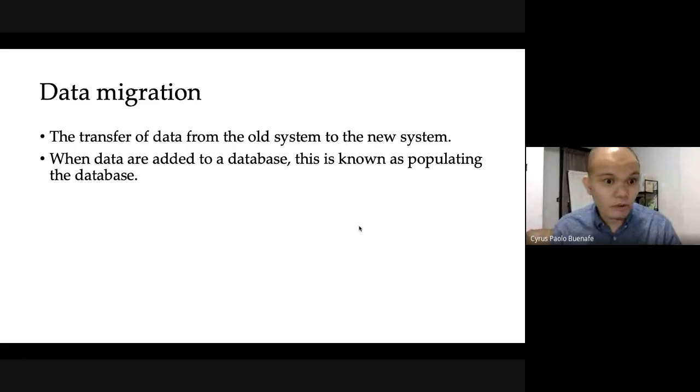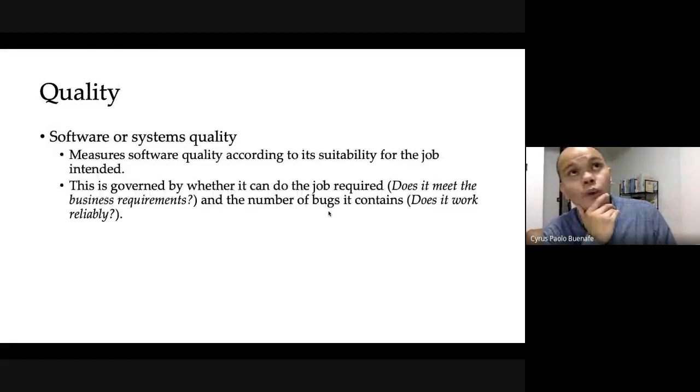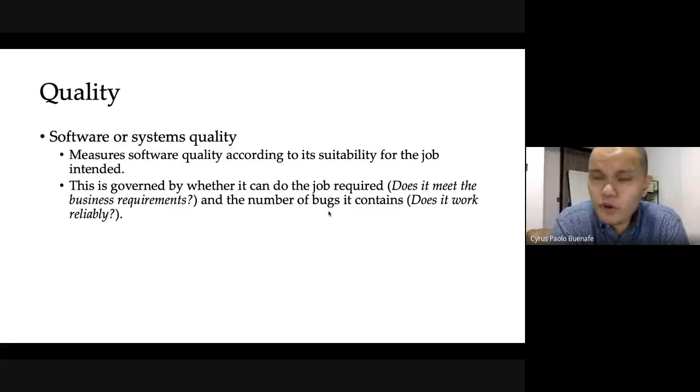Now, when we talk about implementation at this stage, of course, quality is something that really crops up. You definitely want to make sure that your outcome is something that is accepted by all users. It's also important for us to consider quality in this lecture because it's also important that we think about quality even during the design stage.